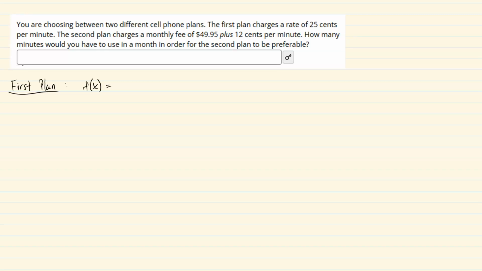So if we're trying to figure out how many dollars per minute, it would be 0.25. It's less than a dollar. It's a quarter. So a quarter is 0.25 dollars per minute, and we'll call it x for the amount of minutes. So x equals minutes, and f of x is equal to